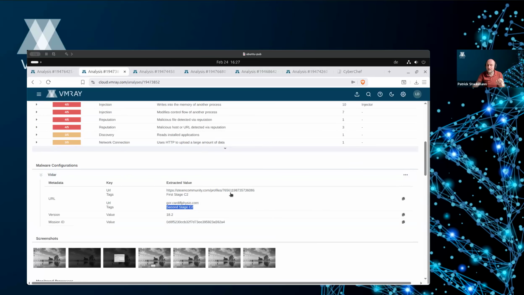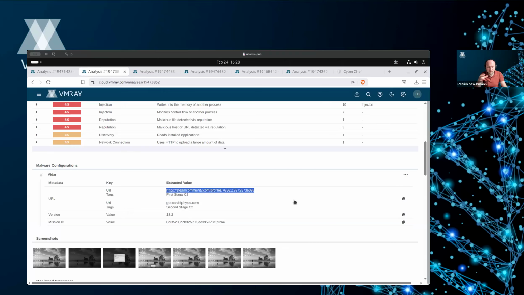That means the sample itself has a malware configuration that tells the malware, whenever it gets executed, what to do and where the command and control server is that it needs to contact to get instructions. Instead of directly hard coding the IP address or a domain that they use for the infrastructure into each binary that they distribute, they just hard code profile links to either Steam or Telegram profiles.